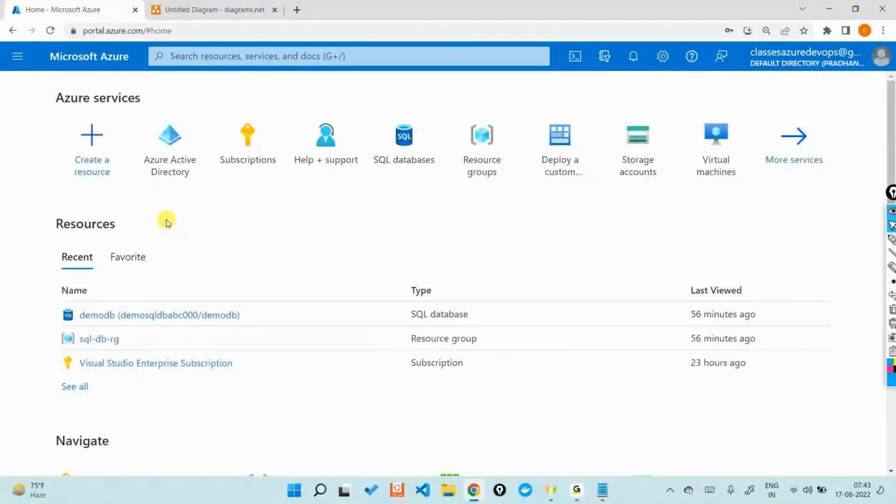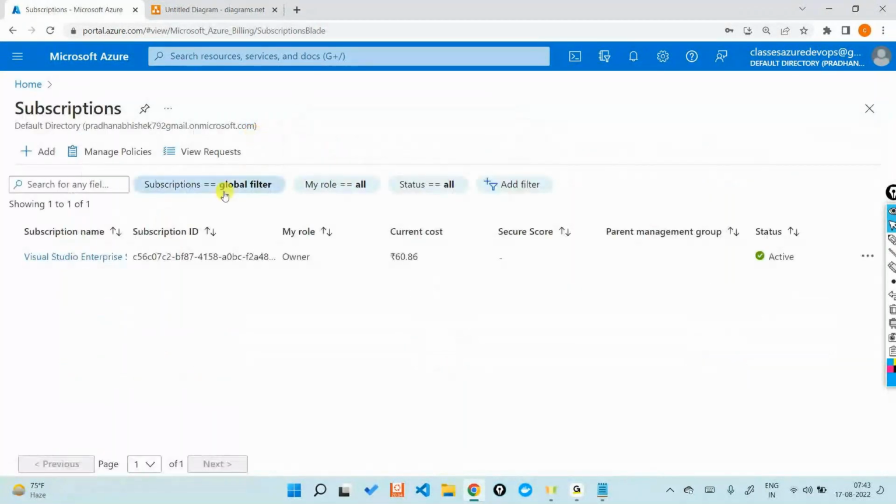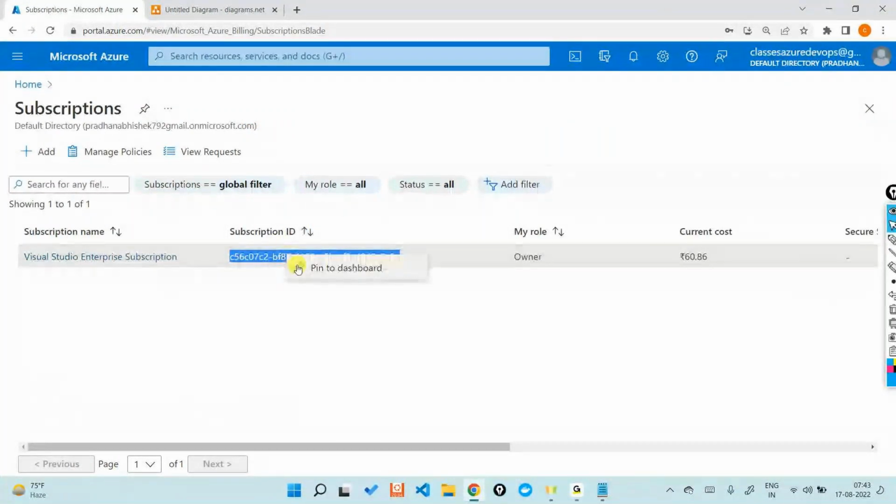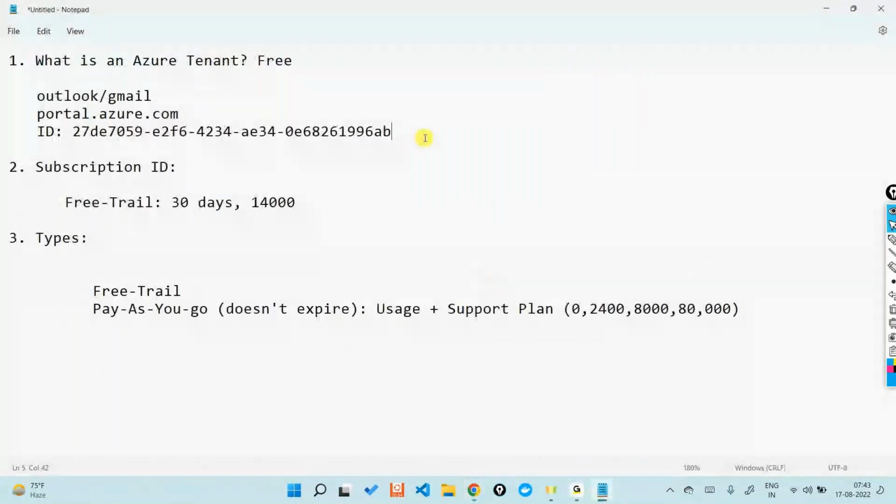Any more questions here? If I go to the subscriptions, the ID that gets reflected beside my subscription is a subscription ID. Because as I said, you can have multiple subscriptions under the same tenant. So I can have something known as a subscription ID. So the tenant ID is different. And if you look at the subscription ID,